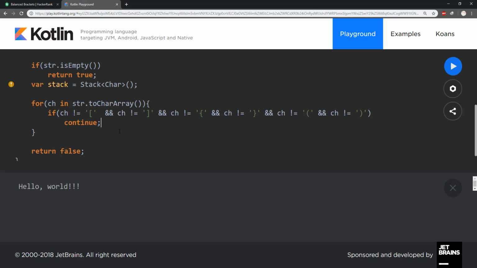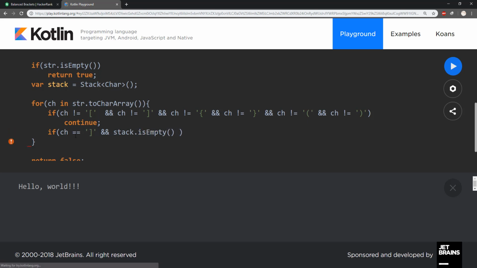So the closed brace shouldn't come first if the stack is empty. Okay. So we're going to say if char is equal to a closed brace, and the stack is empty,